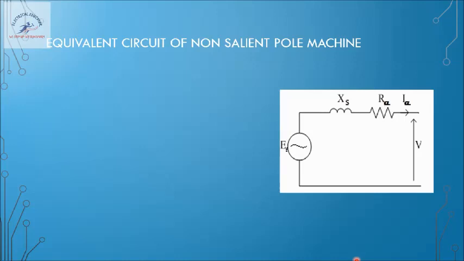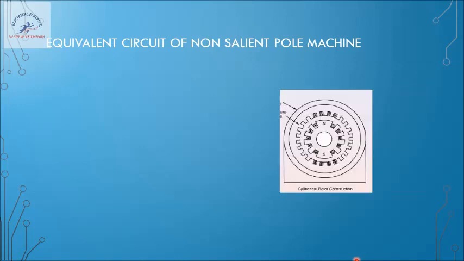So now this is the electrical equivalent circuit of a non-salient pole synchronous machine. Let us see what the terms are here. V is the supply voltage, and Ia is the armature current. Here we are not considering the effects of the field side. We are transferring all the field side components, that is the DC supply given, the DC current flowing in the field, and the flux of the field in the air gap by a separate source.